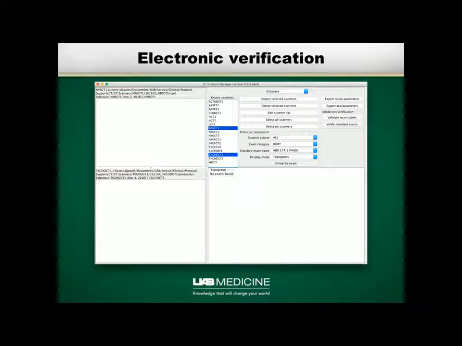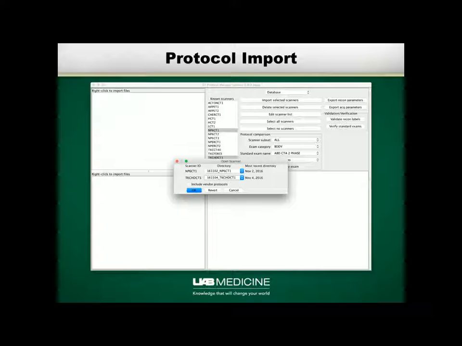I take a flash drive to each scanner and I copy some kind of file off that. What kind of file depends on the scanner. On the GE Discovery, I use those files that you use to copy protocols from one machine to another. On the iCT 256, I take that HTML file that gets put out, and that gets onto my flash drive. And I've got software that can parse all of these different formats of files and put them into pretty much a vendor-independent format. So, for example, here I've got this database of all my scanners, and I can go ahead and click on this import selected scanners button, and it will tell me, okay, for each of these scanners,